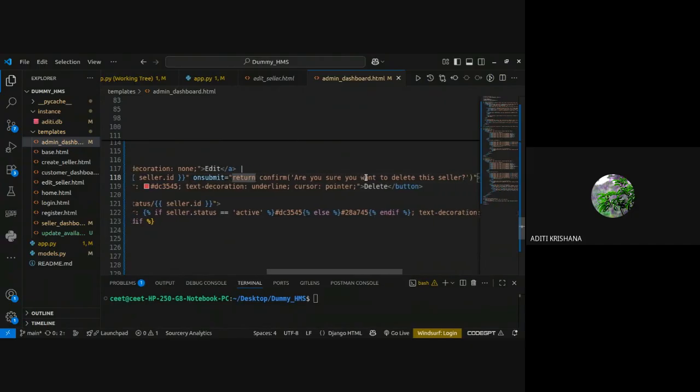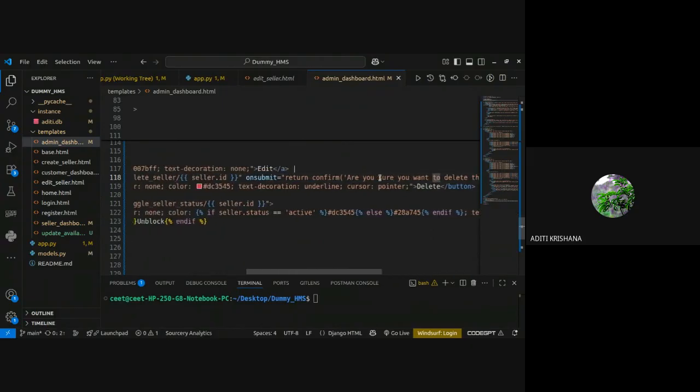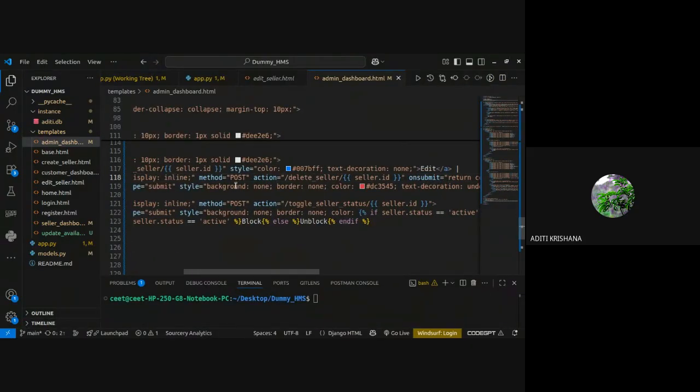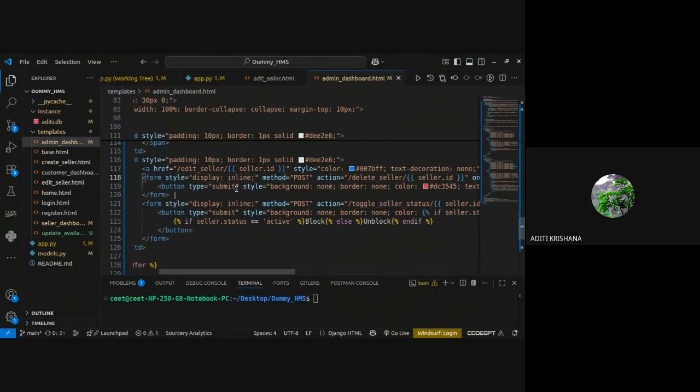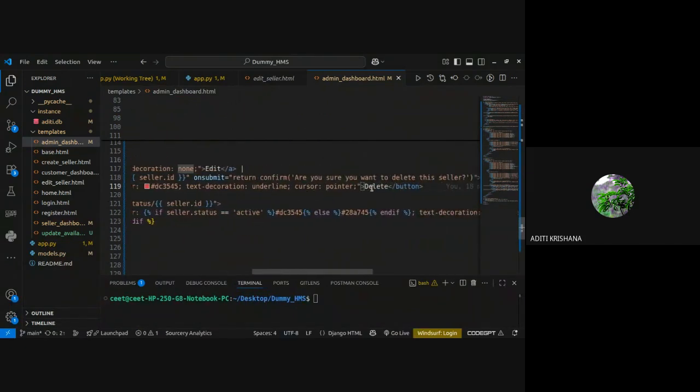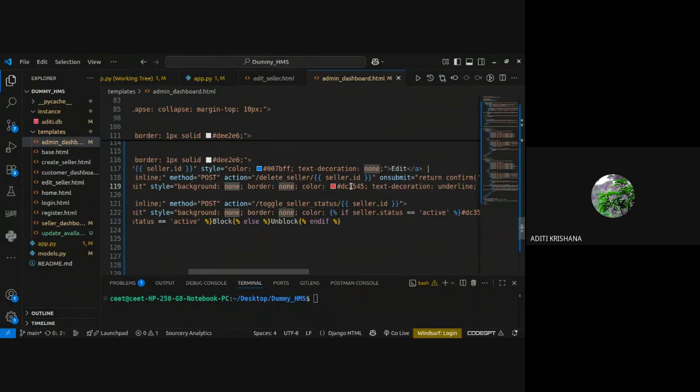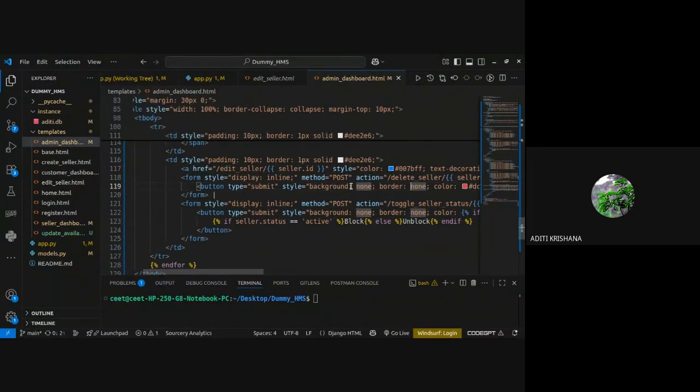This will be a check for me, that when I click on the delete button, it will give a pop up asking are you sure you want to delete this seller account or not. Okay. Otherwise there is only styling, the button is there and styling is given. I will show you how it looks. I have done a little bit of styling. So this is how delete functionality will work.